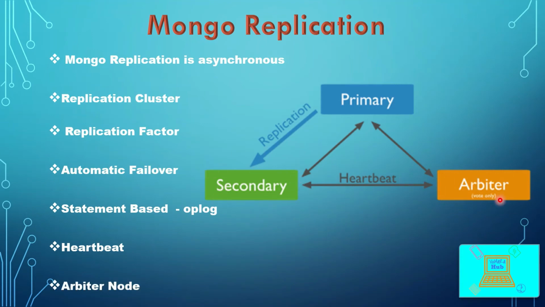An arbiter node is a special type of secondary node in Mongo replication, wherein that particular node will not have any data stored. It is kept in a replication cluster just for voting purposes. That is, when the time comes for automatic failover and the replica set has to decide who's the next primary, the arbiter will have a vote to decide.